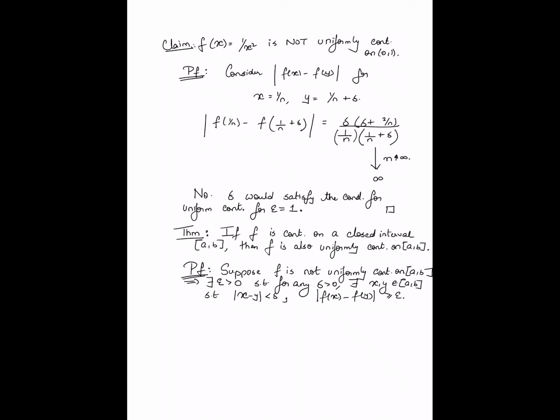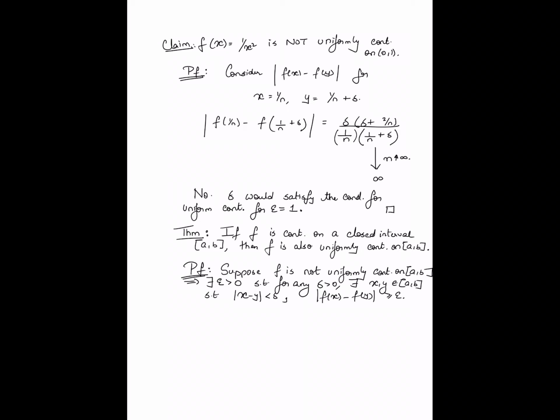Right? So again, it's important to understand that this is in fact the correct negation of the property of uniform continuity. If it's not uniformly continuous, then there should be at least one epsilon such that I cannot possibly find a delta that satisfies the condition. In other words, for whatever delta greater than 0 I might choose, there exist 2 points x and y which are within delta distance apart, but with the function values being greater than or equal to epsilon apart. Right? So this is in fact the negation of uniform continuity.